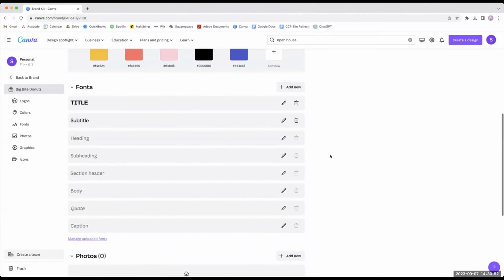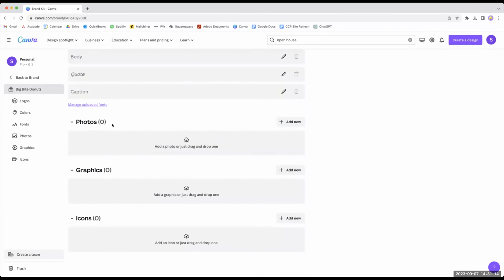And then down here, you've got your fonts. So you've got title, subtitle, heading, etc. These are just ways to populate a blank design with a little preset to use your fonts. If you are using a template, it's going to show you the fonts used in that template, but you are able to change those. And then of course, if you have any photos that you frequently use,